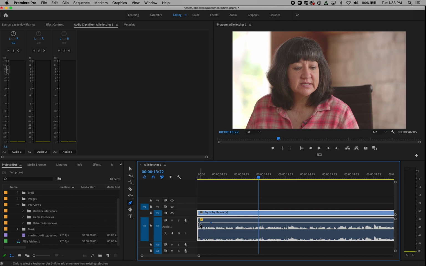So now what I can do is allow my audio to fade in. By clicking and dragging this down, you can see when I hover over it, I can bring this down here. All right, now if I hit play,